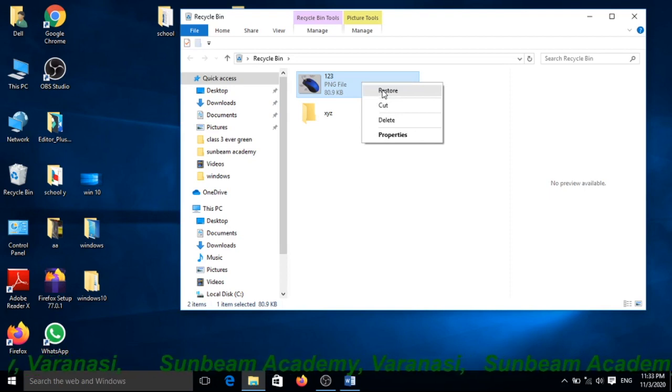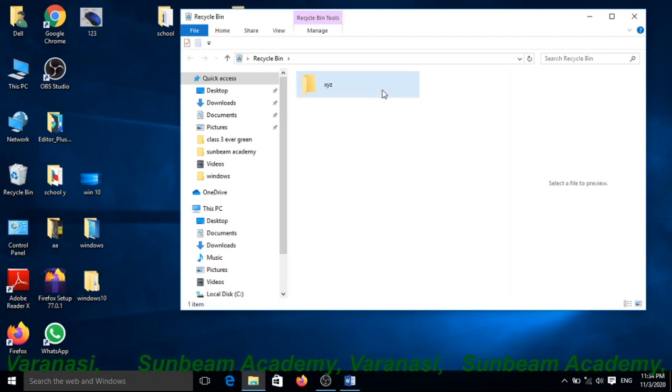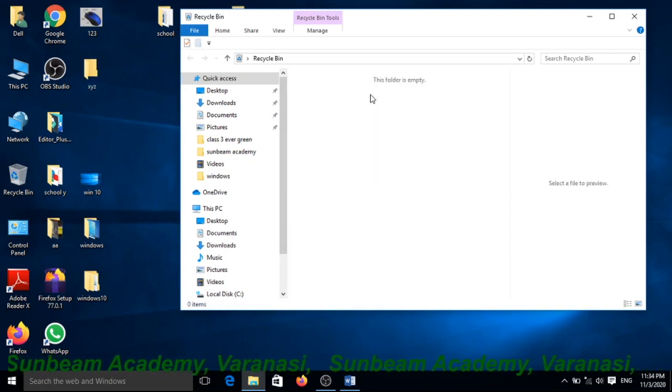It will be restored. Suppose I want to restore this also, same process and restore. Now you can see your recycle bin is empty, meaning the recycle folder is empty.